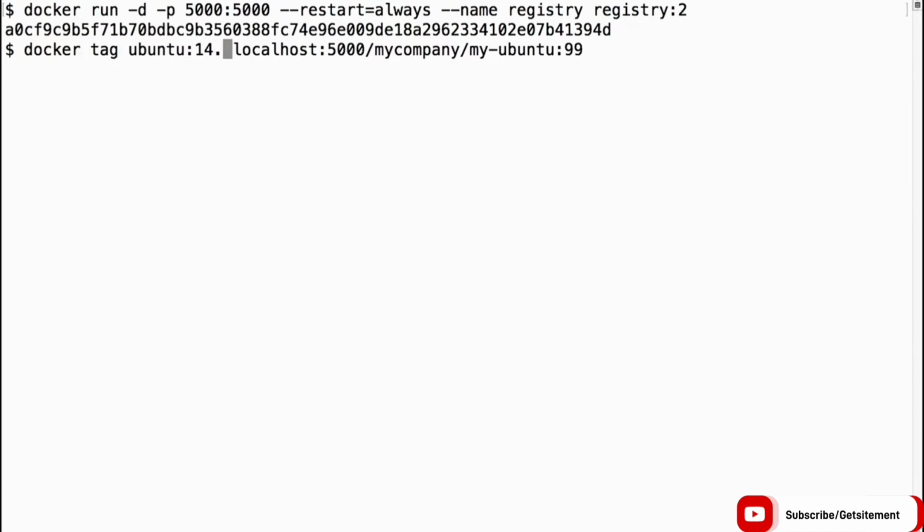Now, just to show what this does, let's push something to it. The first thing I'm going to do is add a tag to my image to associate it with the local registry that I have just started. So I'm going to run docker tag. I am going to take my Ubuntu 14.04 image that I happen to have locally. You can choose any image you like, and I'm going to tag it with